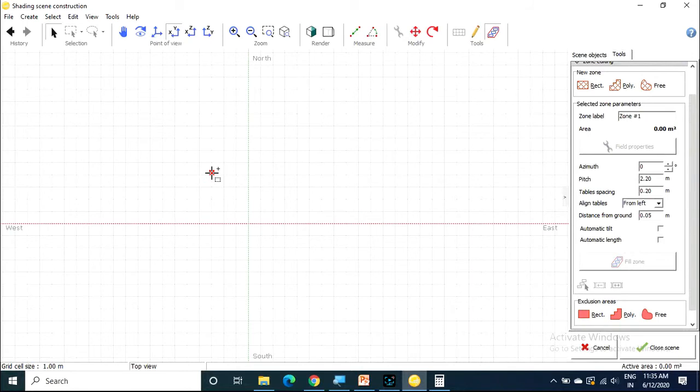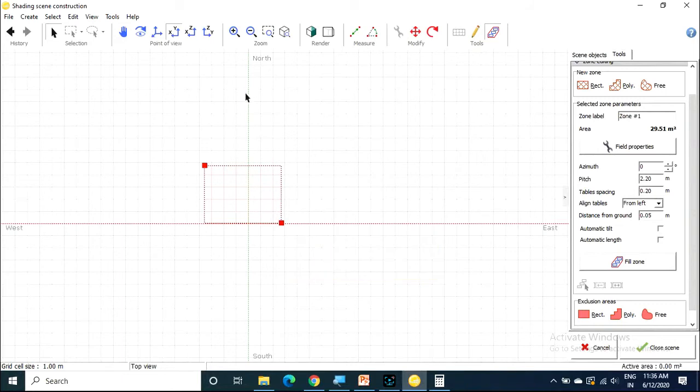Actually, how much area is required for 336 modules? 551 square meters. So I am choosing an area which is more than 551. Why? Because there should be distance between panel to panel and string to string. So I will choose more than 551 square meters. I will take double the distance. See, when you drag this, the area is changing. See, now it is 21.51 square meters. So I will go to 551 times 2, that is something like 1100. I will choose that area.